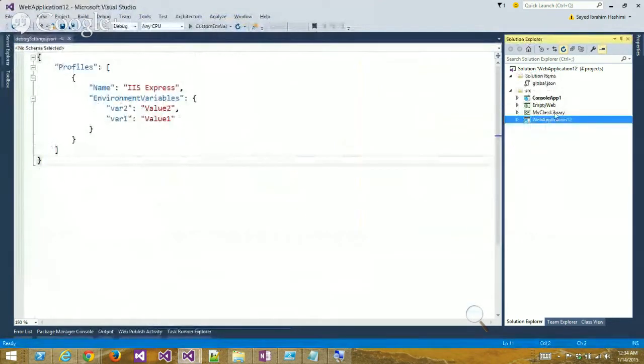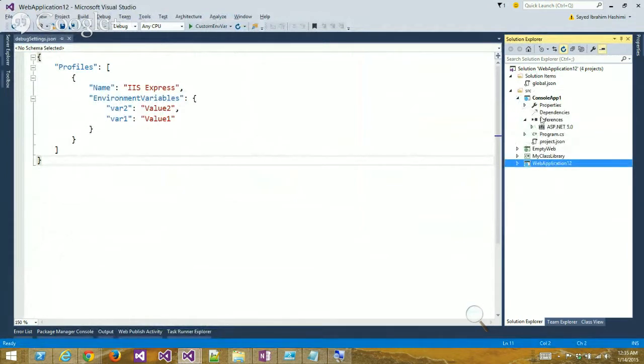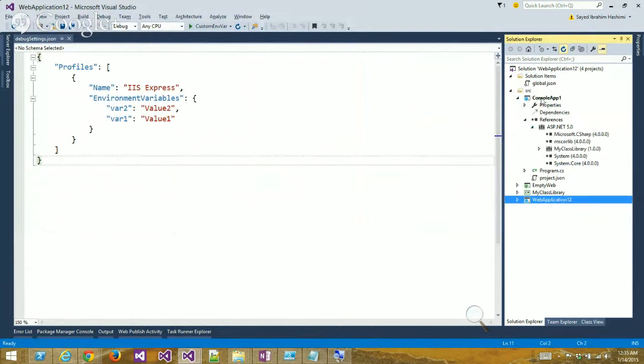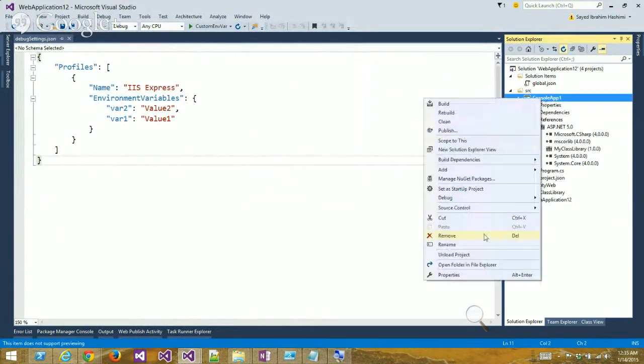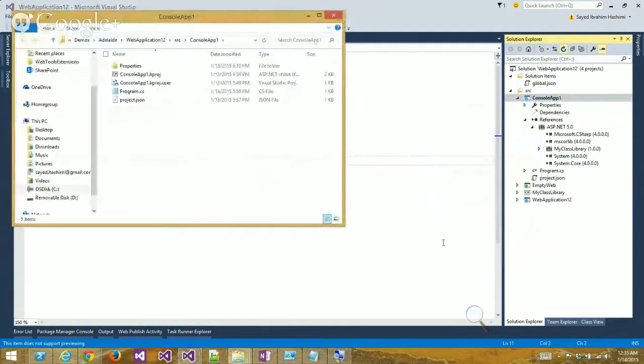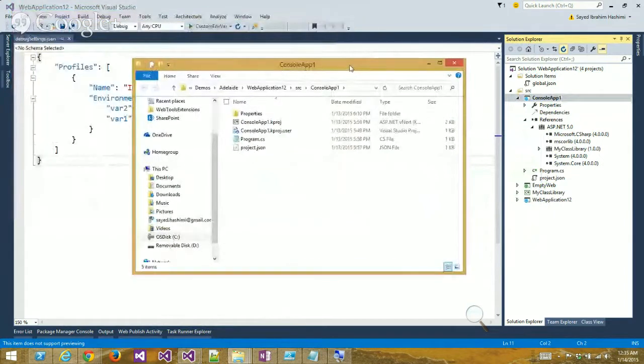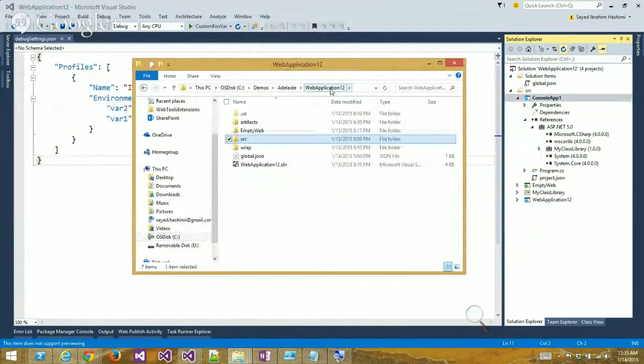All right, so here I've got the same thing pretty much set up for my class library. Then I have a reference to it in the console app 1 here. Let me show you guys what's actually going on behind the scenes. So I'm going to go back up to the web application 12